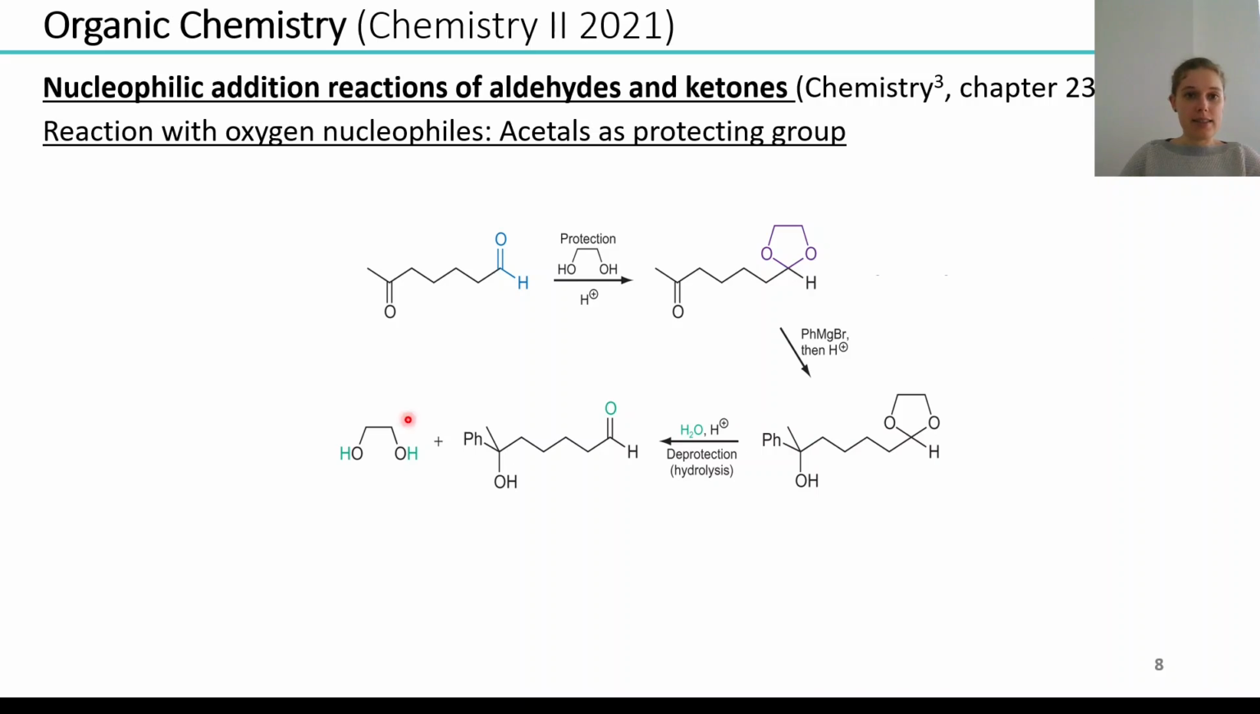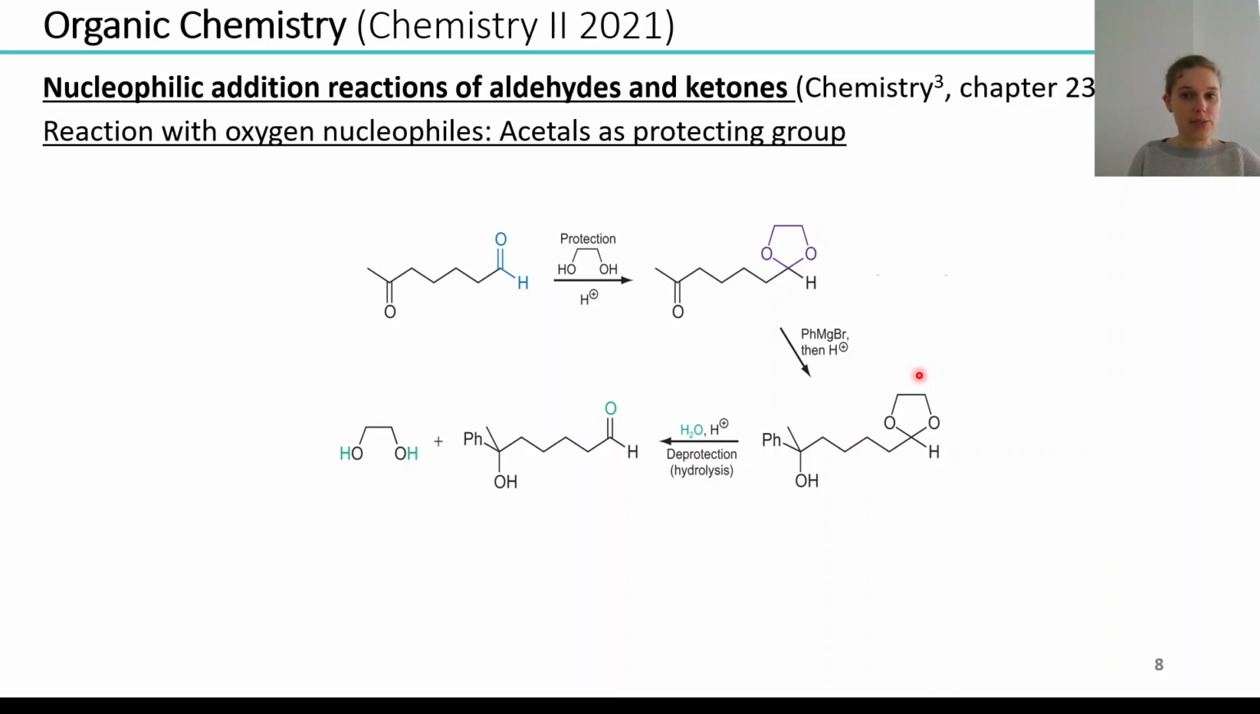And the acetal protecting group is introduced by the reaction of an aldehyde or ketone with two equivalents of alcohol. If we have a look on this molecule, we can see that we have an aldehyde group and also a ketone group. If we then want to introduce this protecting group, we can see that only the aldehyde reacts with the two equivalents of alcohol. And the reason for this is that the reaction of a ketone is slower compared to the reaction of an aldehyde. Then we form the cyclic acetal, which acts as protecting group and will not react in the subsequent step